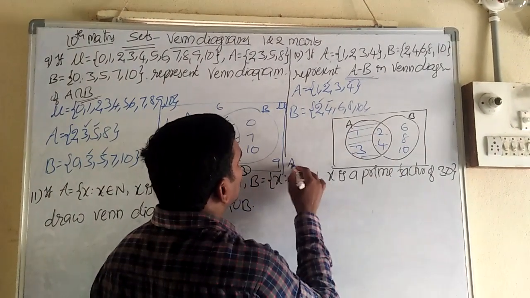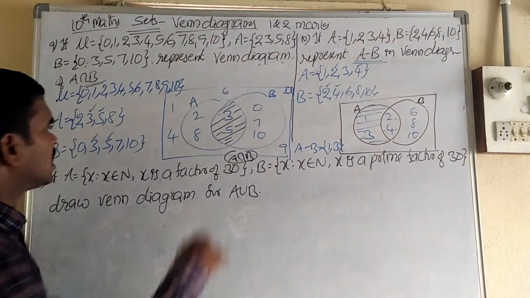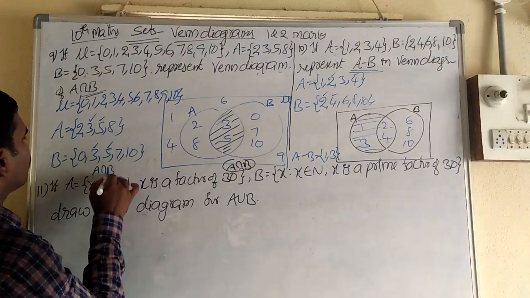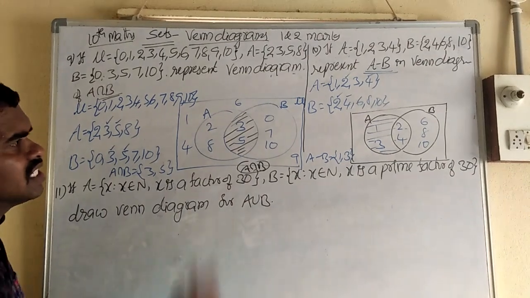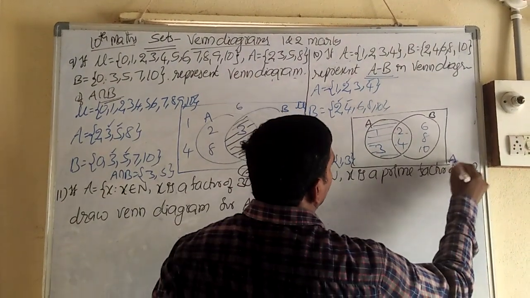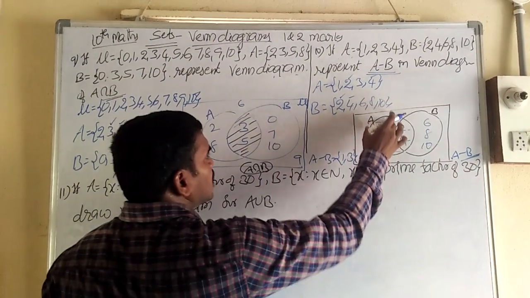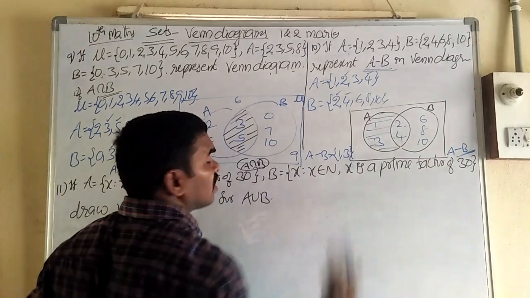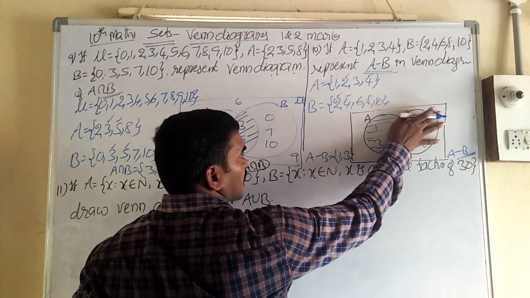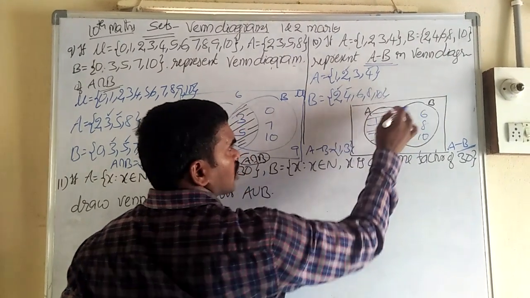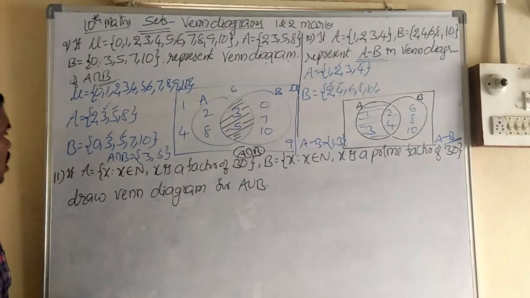So what is A minus B equal to? Just 1, 3 only. And here A intersection B equals what? Finally 2, 4. This is the conclusion. This is the A minus B Venn diagram. So A minus B means these 1 and 3 are the A minus B part. Because B is removed, there is no B. B is subtracted from A, so B is removed. So the remaining 1 and 3 are the answer. Okay? Take one more question.